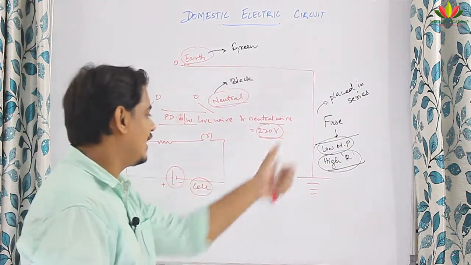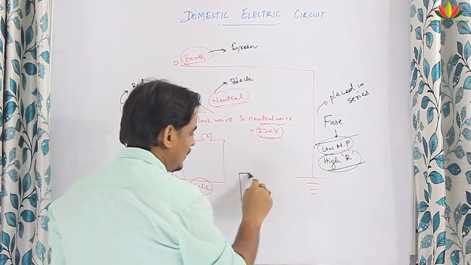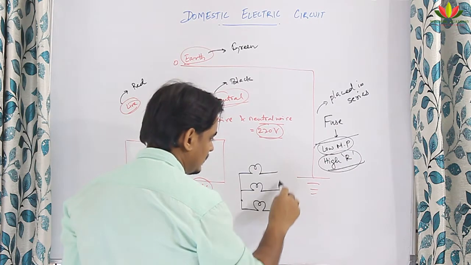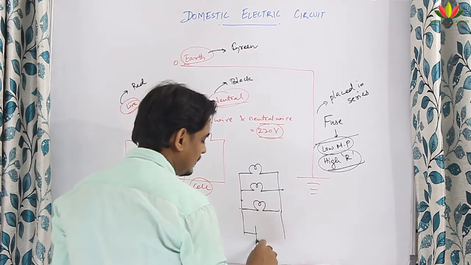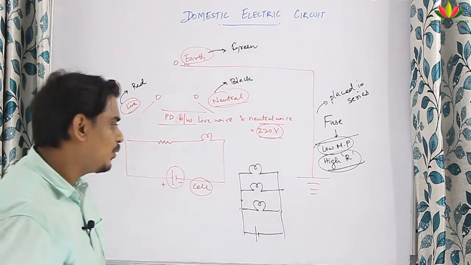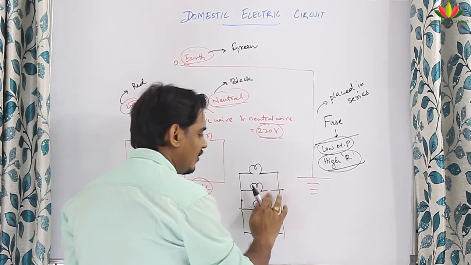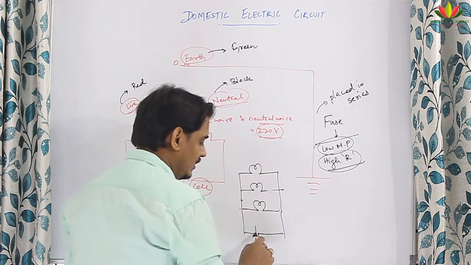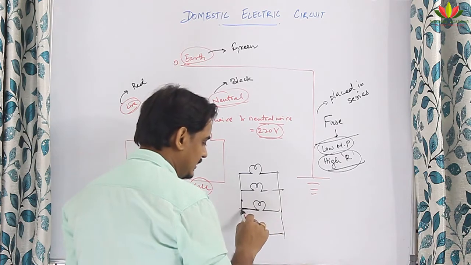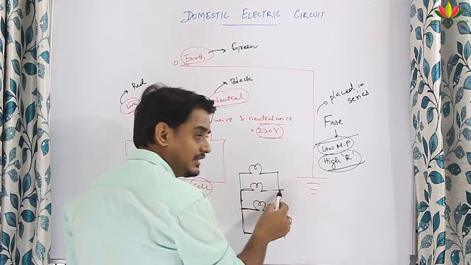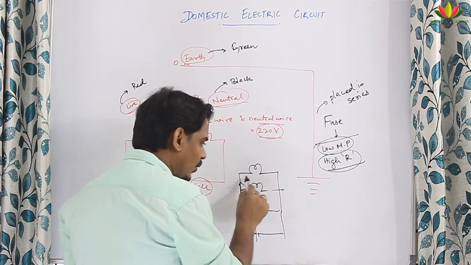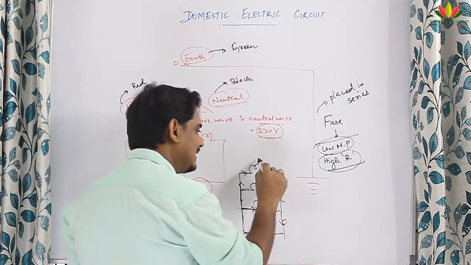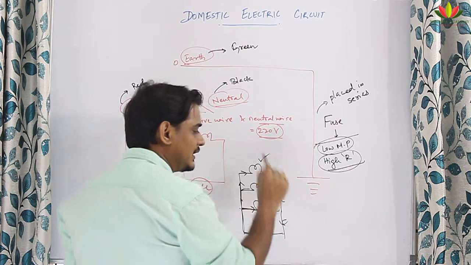If it is present in parallel, you have seen, let me give you one small example, there are 3 bulbs here. All these 3 bulbs are in parallel connection. Suppose this bulb stops working, there is some problem in this, so current cannot come inside. Whether the other 2 bulbs will glow or not: current starts to flow from here. Some current goes here, it will not go here because this is incomplete, but it will go here. So current is going in this, coming back, going in this, coming back. So we can see that this bulb will glow, this bulb will glow, this will not glow.